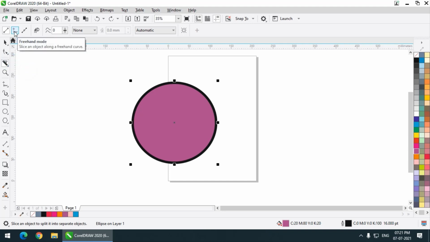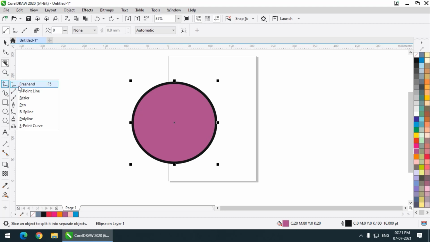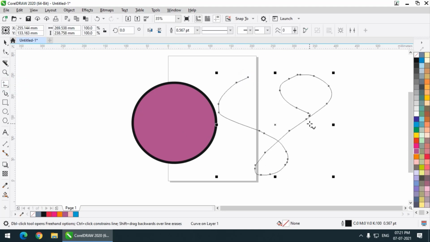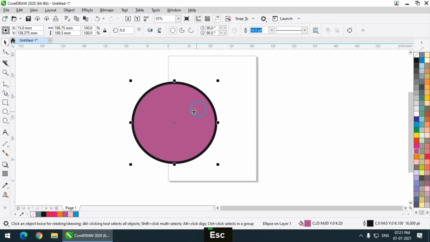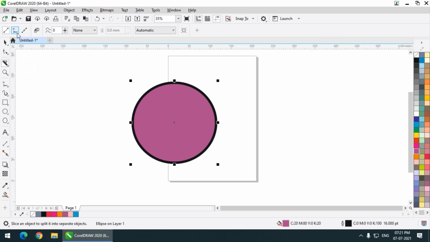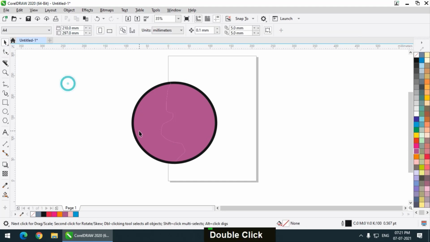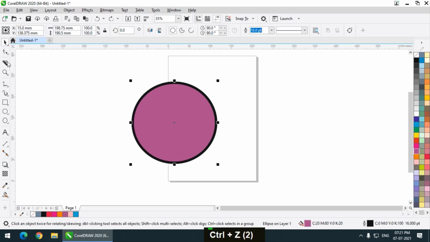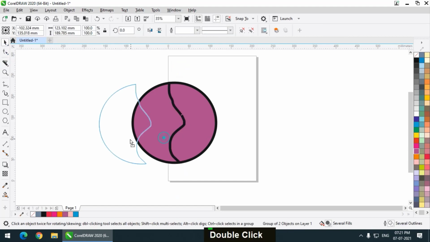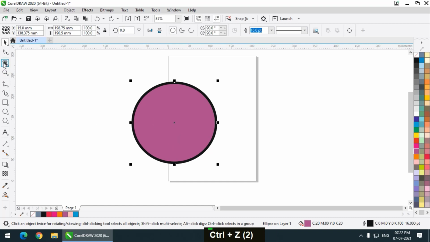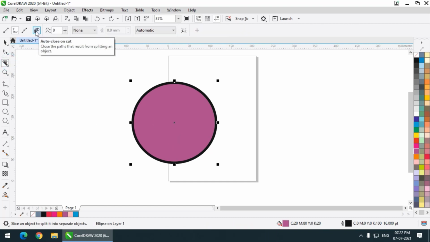Then we have our very own freehand mode, which works like a pencil tool. In the last video I showed you this freehand tool. It works pretty much like the freehand tool, but instead of drawing things, we are removing things by using the knife tool. We have freehand mode, so we can use it freely, as you can see. And if I turn on this option, then it will create separate outlines like this. It has created separate outlines.